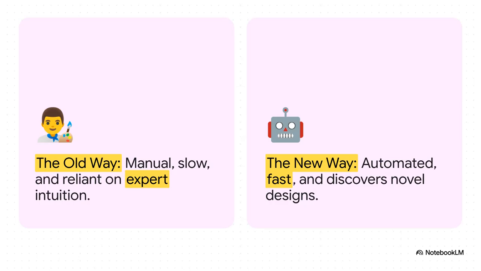You know, when you put them side by side, the difference is just night and day. The old way, it's all manual, it's slow, and it's totally dependent on human intuition, which, let's be honest, has its limits. But the new way, with NAS, it's automated. It can search through a space of possibilities so vast a human couldn't even begin to explore it, finding architectures we might never have thought of. It's a total shift from manual labor to automated discovery.